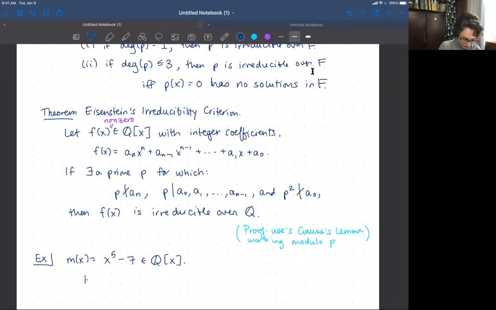So our leading coefficient is 1. We have a monic polynomial. Our remaining coefficients, there's only one, it's the constant one, -7. And the constant coefficient